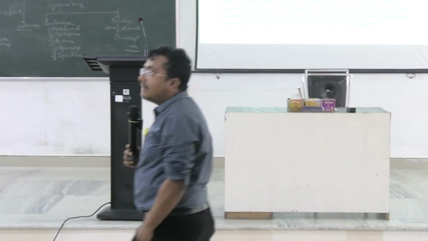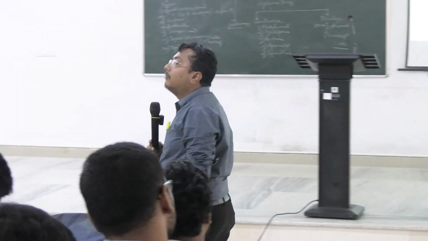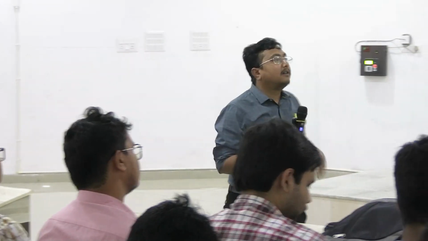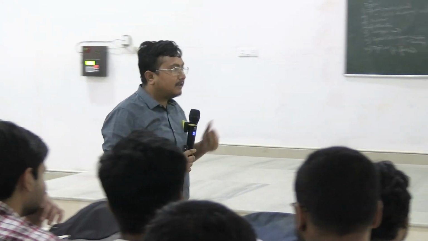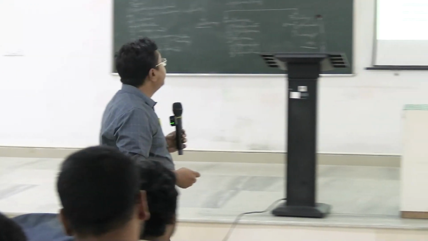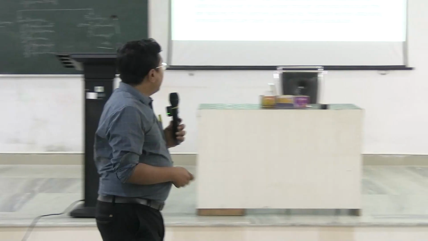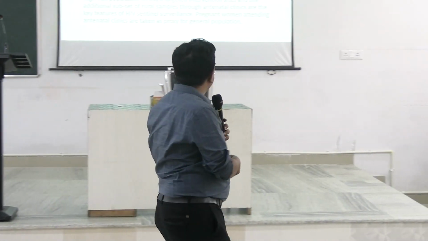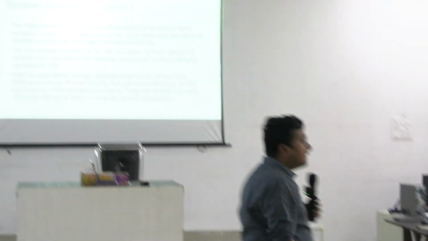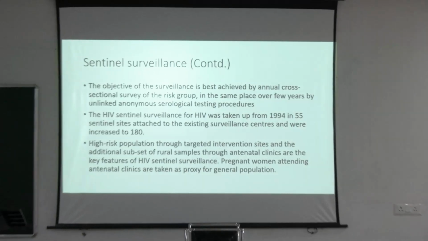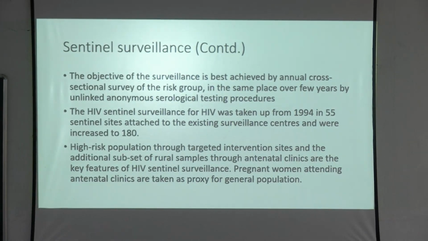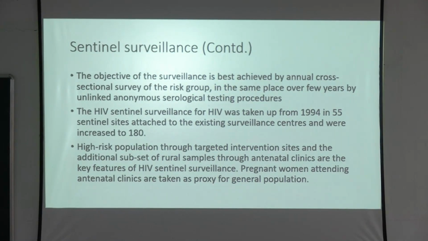That is, one HRG group, one population cluster is bridge population, and third is general population. And what is the number? That we come to it later. Okay. Right now, what are the number of HIV sentinel surveillance sites? That is 180. But we might never know where the sites are, because these are